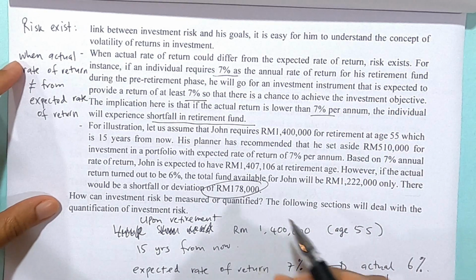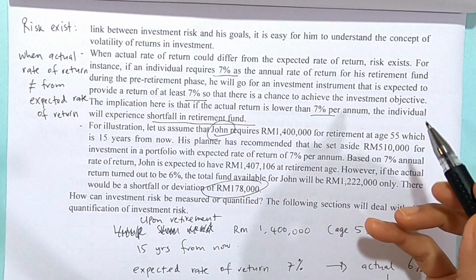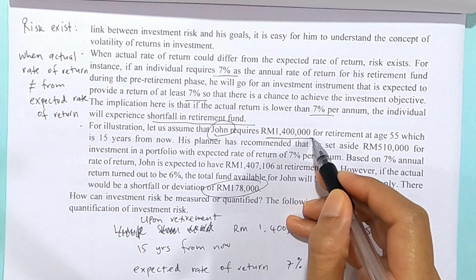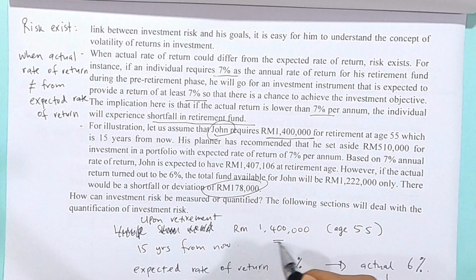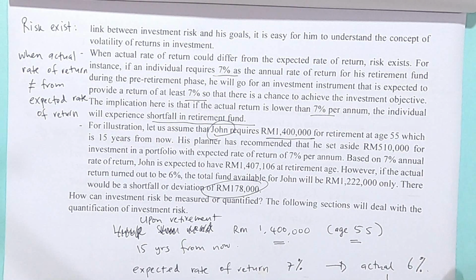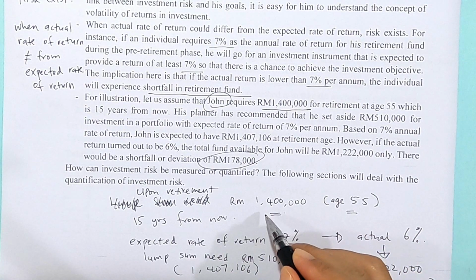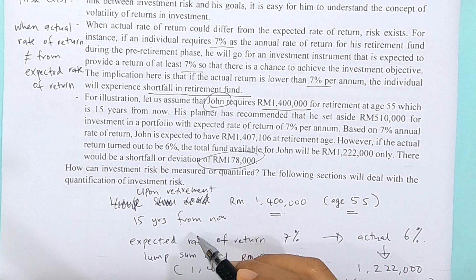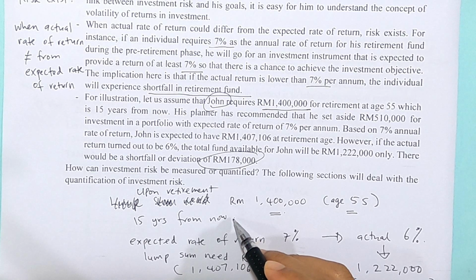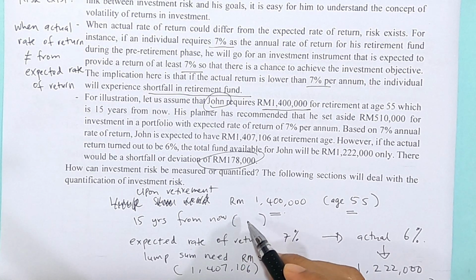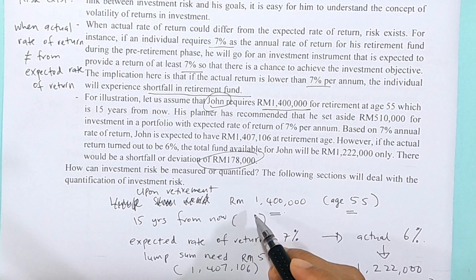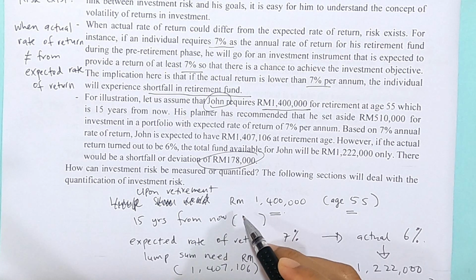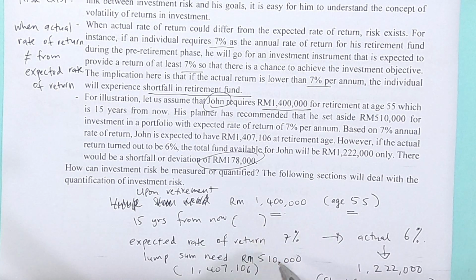Let's say, for example, in the case of John, John needs 1,400,000 upon retirement at the age of 55. And 15 years from now, this is the duration where John can make savings for the retirement. Only then does John start to retire. At an expected rate of return of 7%,